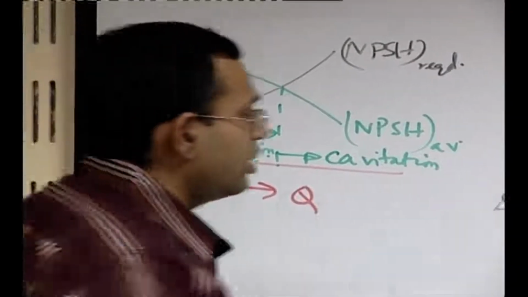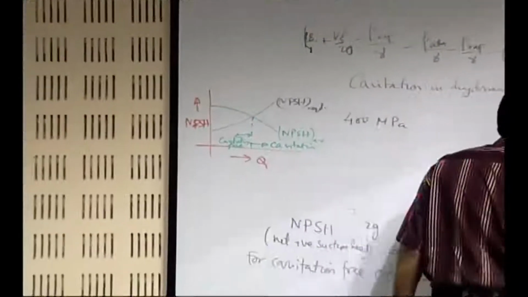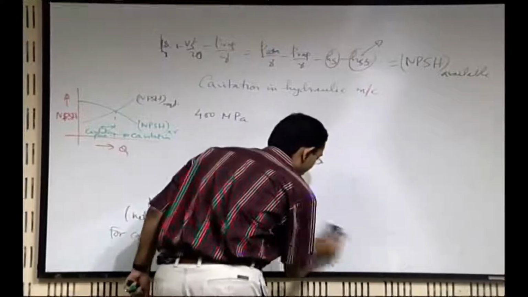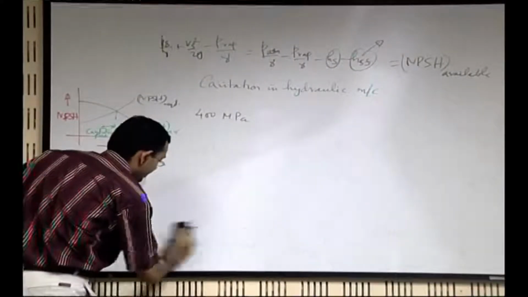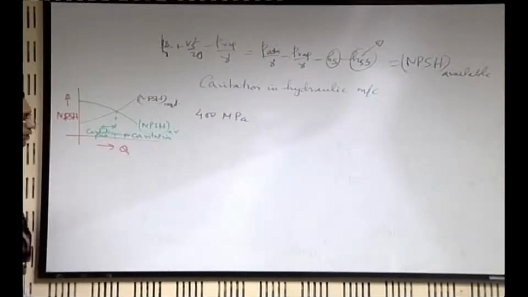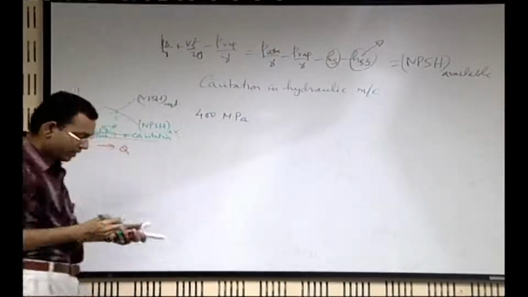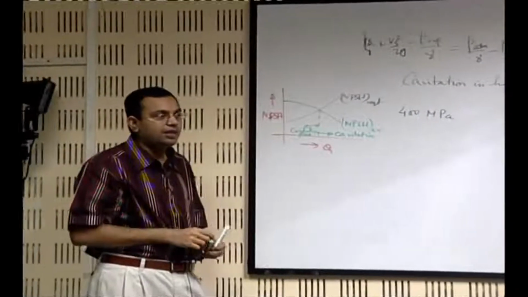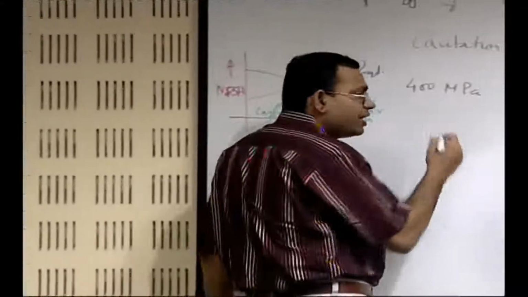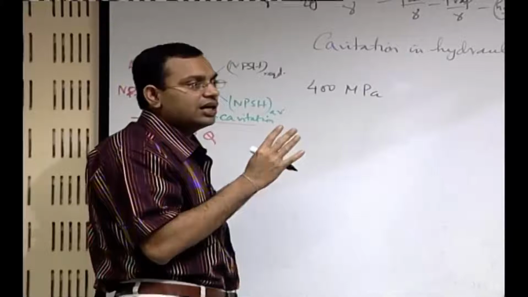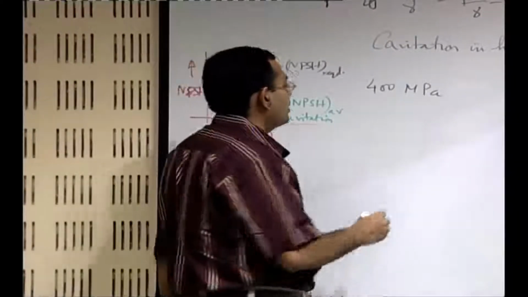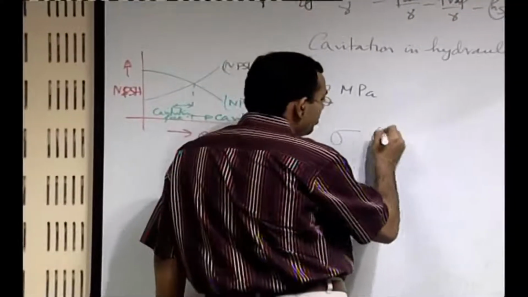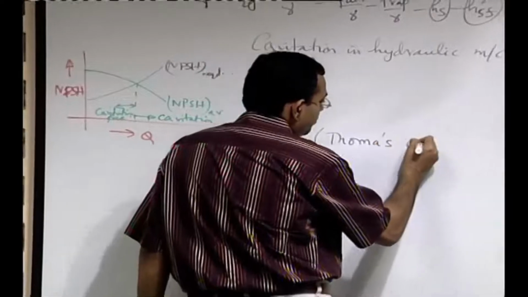When a cavitation has occurred, it may be important to have plots of certain characteristics. One is the efficiency of the fluid machine. Before that, we have to see a very important parameter, the cavitation parameter, which in a non-dimensional way determines the extent or the occurrence of cavitation. That is given by a parameter known as the Thoma cavitation parameter.